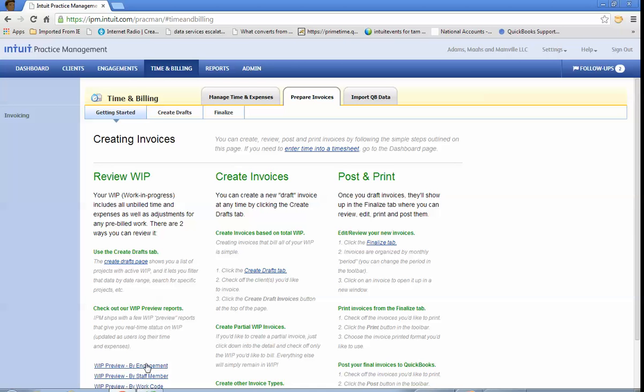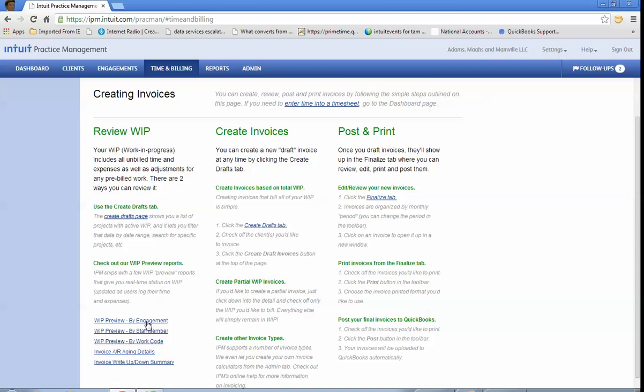the WIP by running a WIP preview report by engagement, which is really by client or staff member and work code. If you want to see how your clients are doing as far as what's been billed, what's been input, etc., before you actually make a decision. Then you go to create the invoice and then post the invoice to QuickBooks, or you can just print it